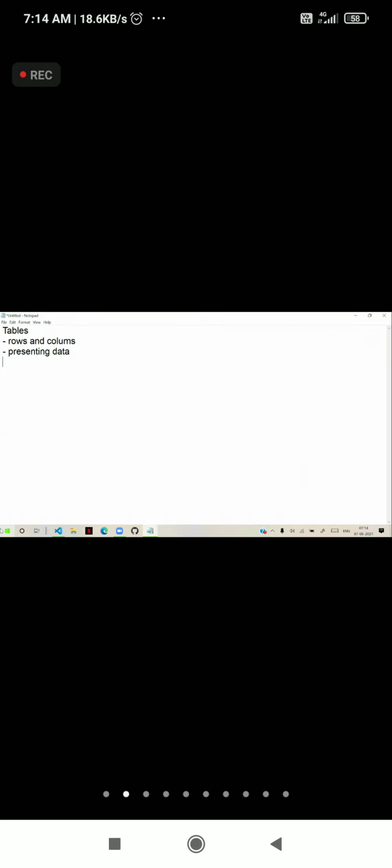For tables, a lot of elements and attributes are there. We will see how to use them and how we work with them. So for tables, we have important elements.